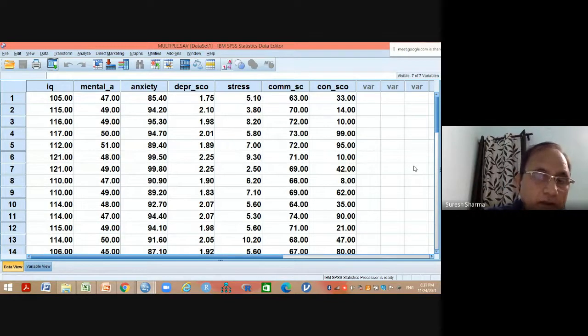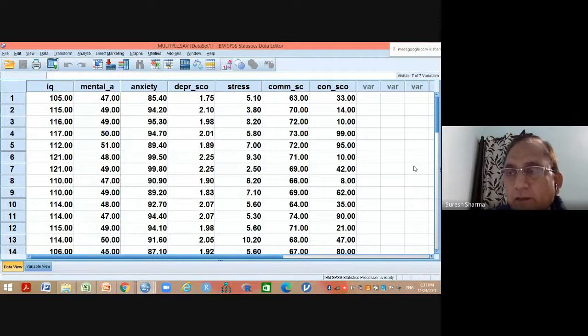But adjusted R square will only increase if that additional variable is making a significant contribution to predict IQ. Otherwise, it will not increase. It will only increase if that additional independent variable is making a significant contribution to predict IQ. Then adjusted R square will increase. But R square will increase with every independent variable. But adjusted R square will only increase if the additional independent variable is making a significant contribution to predict IQ. Otherwise, it will not increase.